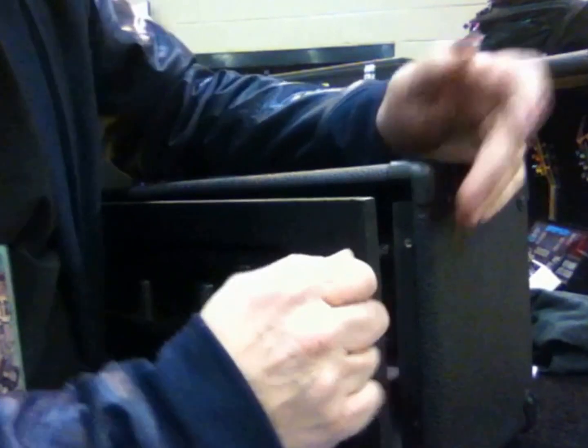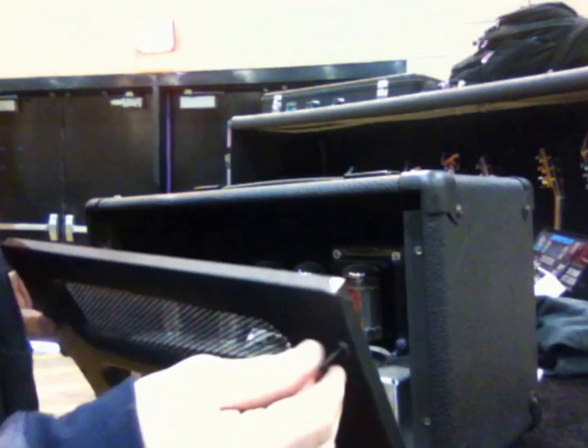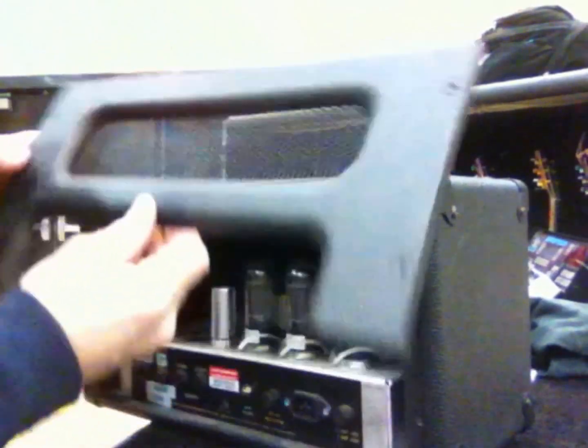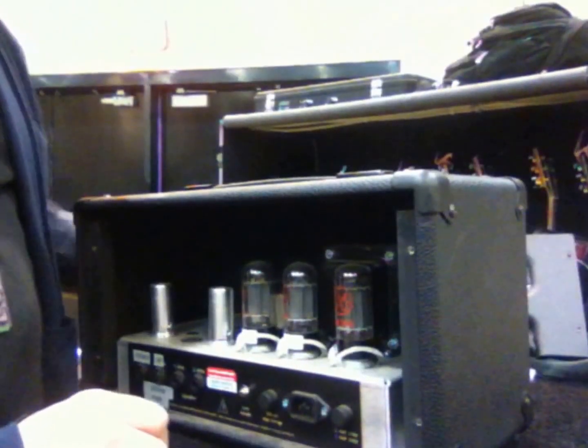And then, there you go. See how it came right out? Then you just take the screw off. Keep all the screws in a safe spot. Just set this to the side. Now,